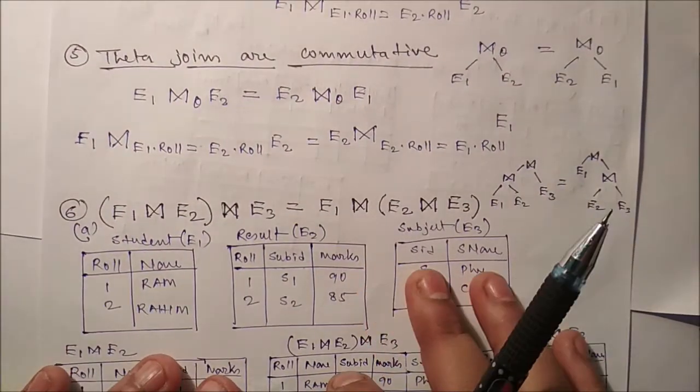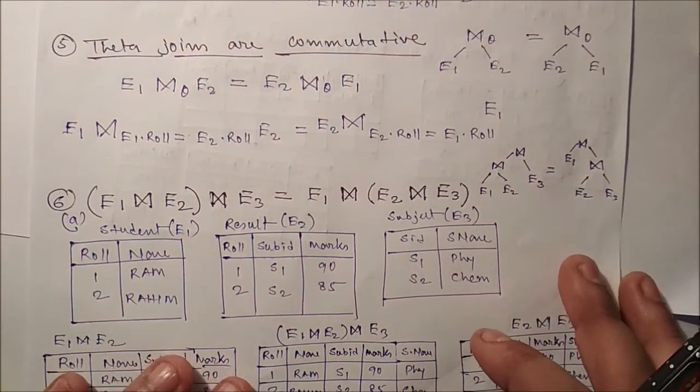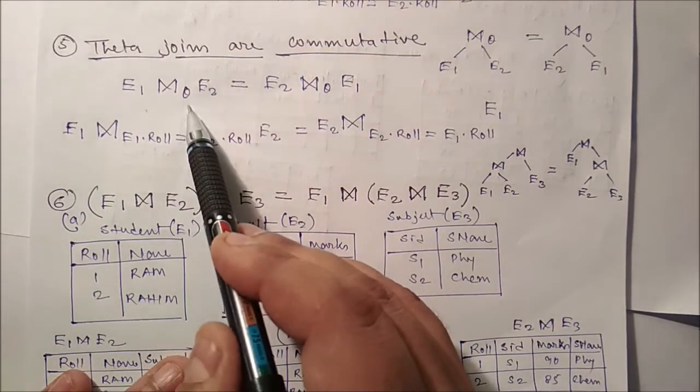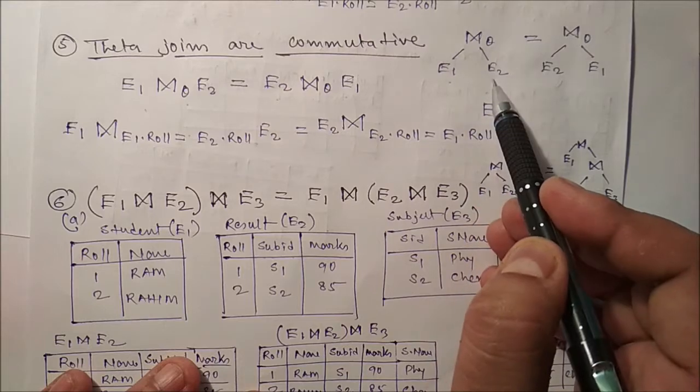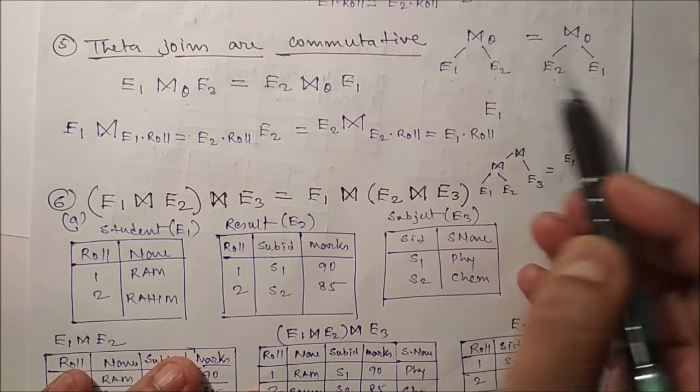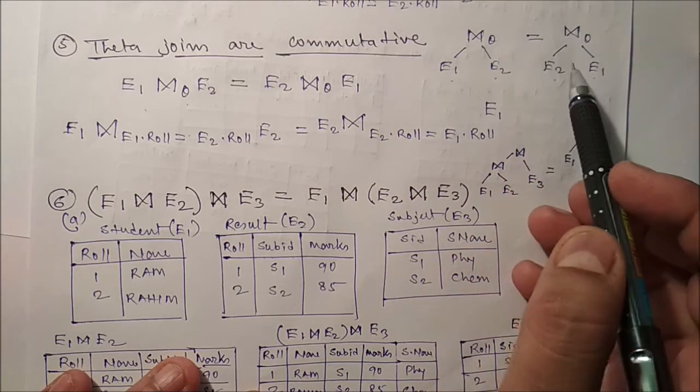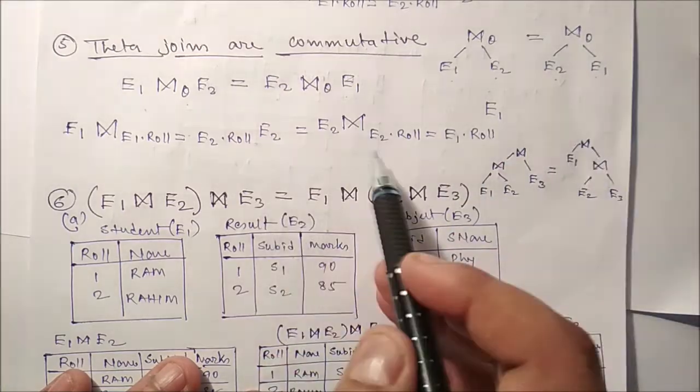Okay, next is theta joins are commutative. E1 theta join E2 is equal to E2 theta join E1. So E1 first, then E2, or E2 first, then E1. It is immaterial, so we can use any one as the first. So here we can see